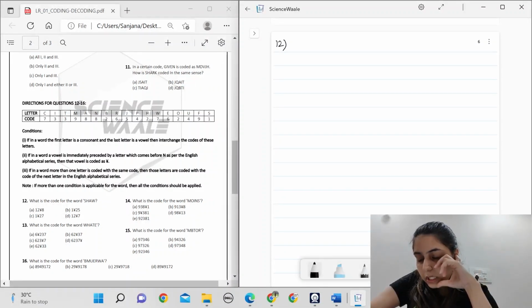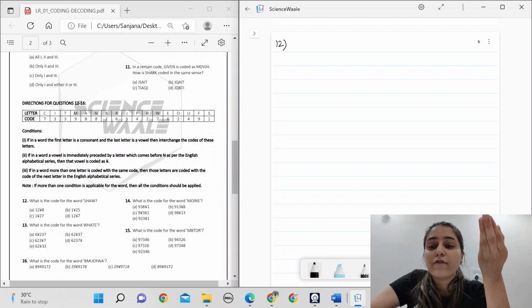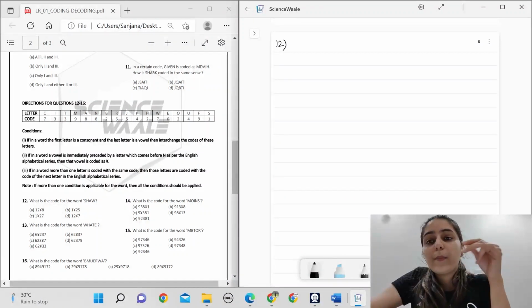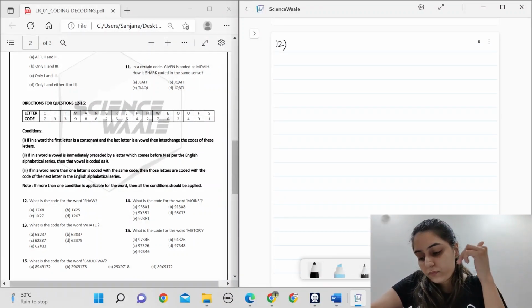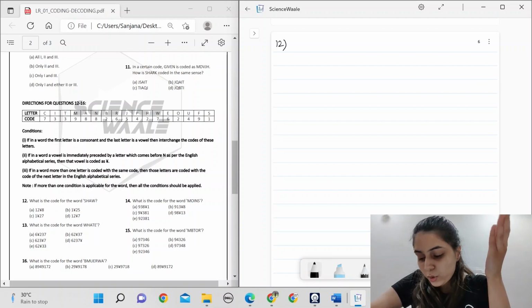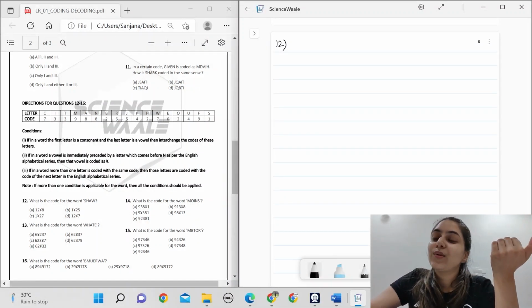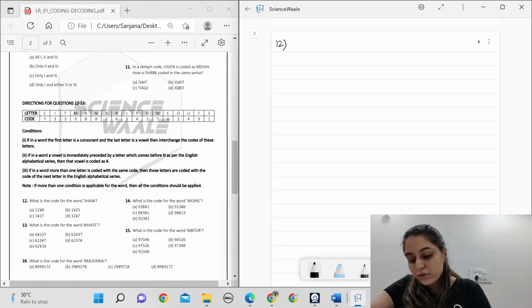So let's try solving it. I know many of you must have not understood this, but I'm pretty sure that as soon as we do the 12th question, you all are going to understand it, and from the next question onwards you yourself are going to do it before I do it. So let's just try the 12th question. They have asked us